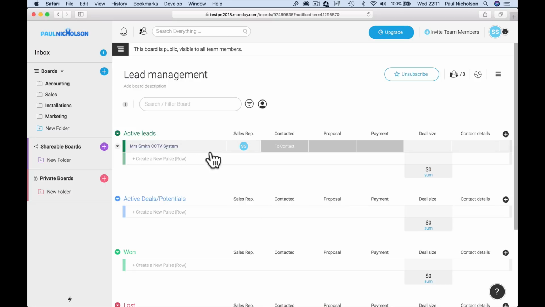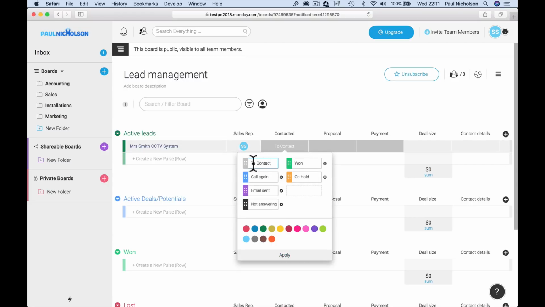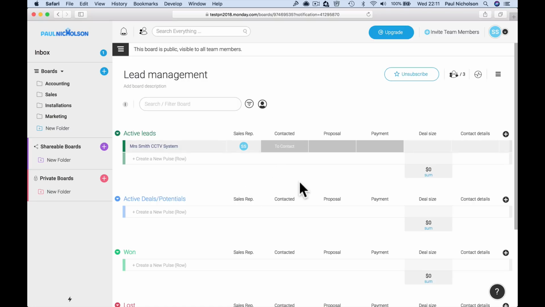So Sarah in sales might look at that and say to contact. Right, well, grey's not a great colour, is it? But I don't have to change the colour. Add, edit labels. So how do I change this one? It just adds a new one, doesn't it? There must be an easier way to do it than that. But and then you might put another one in that's